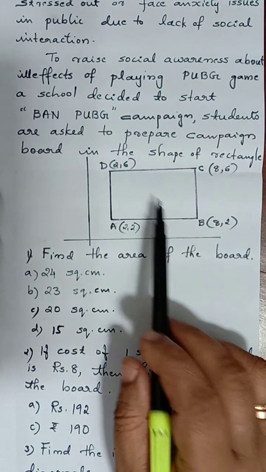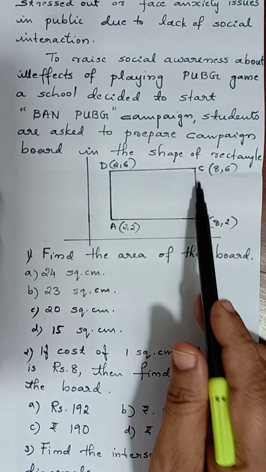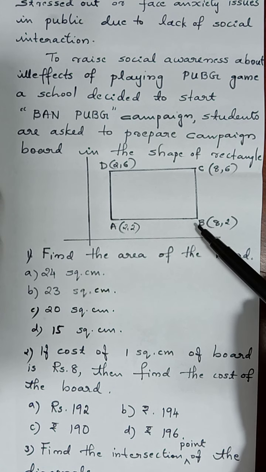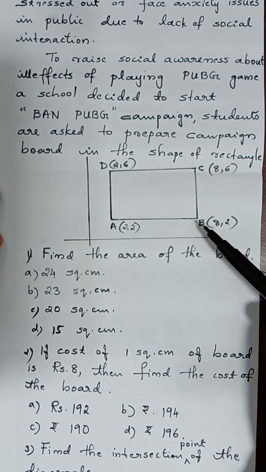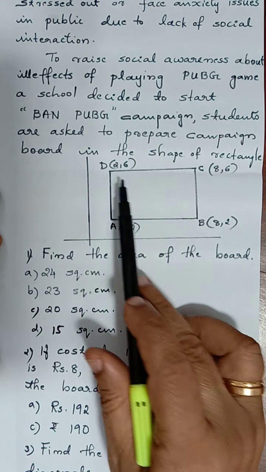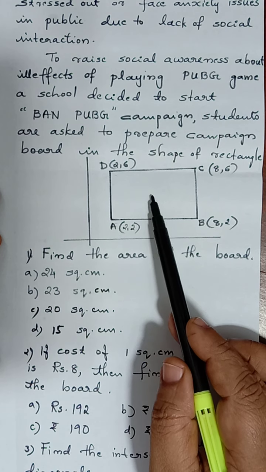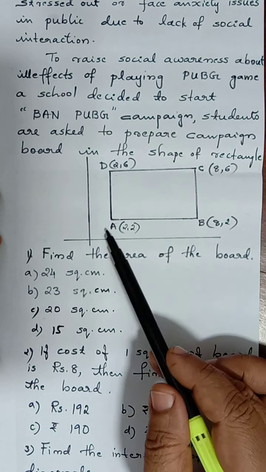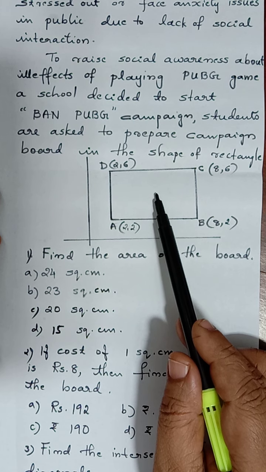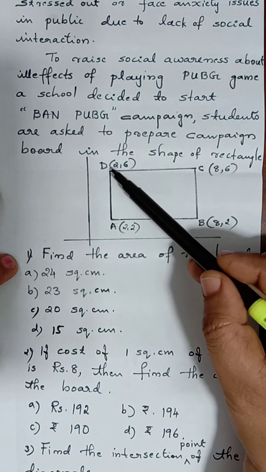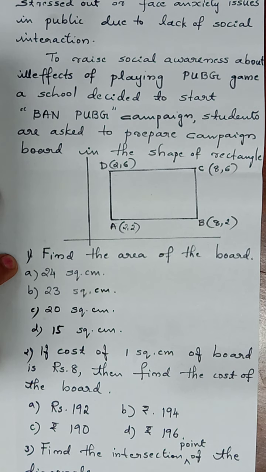The length of the rectangle will be equal. Breadth of the rectangle also will be equal. Even the diagonals will be equal. So first we have to understand what are the characteristics of a rectangle. First point, length will be equal, breadth equal, length of the diagonals equal, and also the point of intersection of the diagonals will be the same. That will be the midpoint of the diagonal. AC's midpoint and BD's midpoint will coincide in the center of this rectangle. These are the things you have to understand when we start with the question.